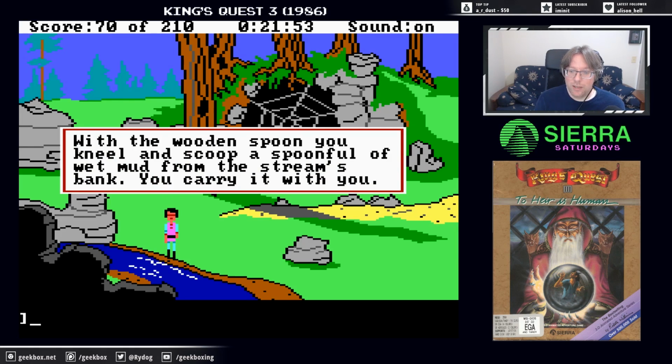I happen to know I need the mud from this riverbank. With a wooden spoon, you kneel and scoop a spoonful of wet mud from the stream's bank. You carry it with you. Before I get going here,